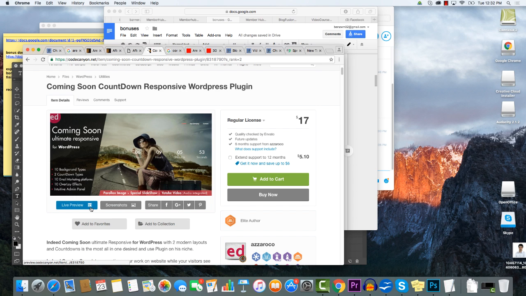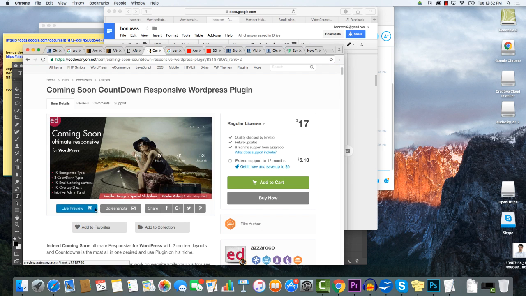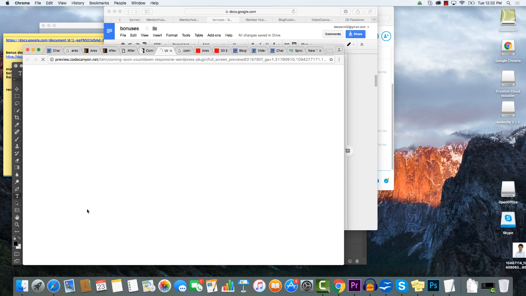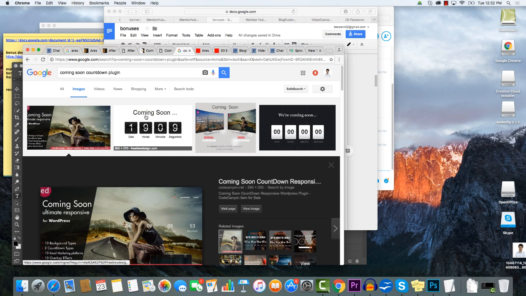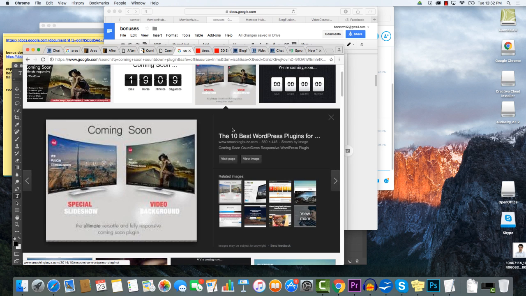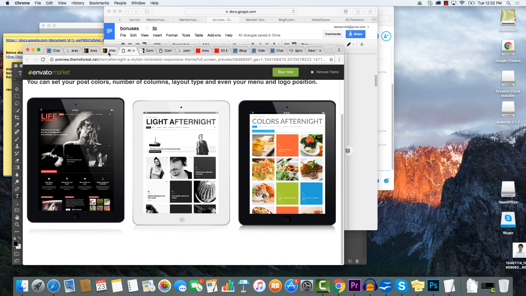Now if they don't do that, a lot of times they'll have it in the description, but if they don't have that, then you can go to live preview, and sometimes they'll give you previews that you can take a screenshot of. And if they still don't have that, then you can always search in Google Images again for it, like they have this one here that you could use. And then what it looks like is